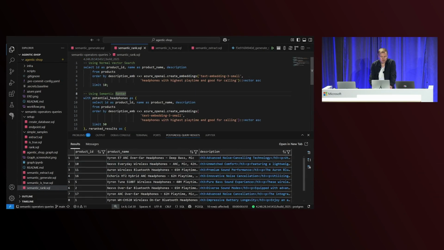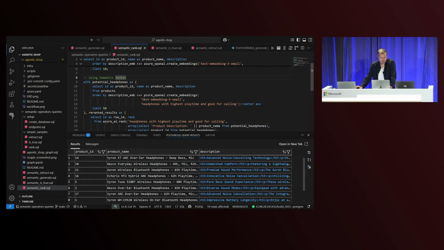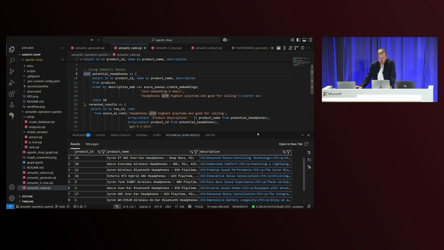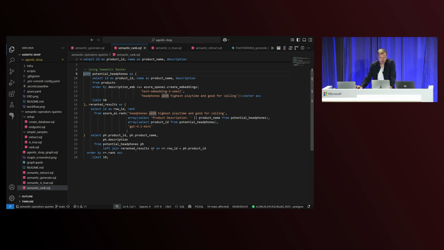So to improve results, I'll use the semantic ranker. So this is how the query looks. So let me close that for a second and execute it. So first, we start with a regular vector search here. But then we re-rank results using the rank operator, right? And that allows us, hopefully,